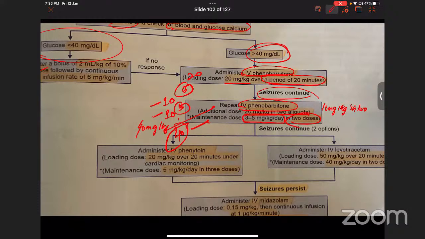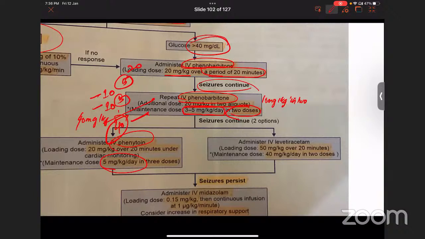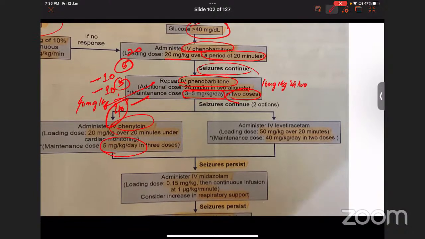Even after that, if the seizure continues, you have two options. Either you go for phenytoin at recommended doses, and if it settles, then go for the maintenance dose as given in the slide. Or else, in some hospital settings, we go with levetiracetam as second line, with a dose of 50 mg per kg over 20 minutes. If the baby's seizure settles, then continue with a maintenance dose of 40 mg per kg per day in two divided doses. Even after you try phenytoin or levetiracetam at the maximum dose,